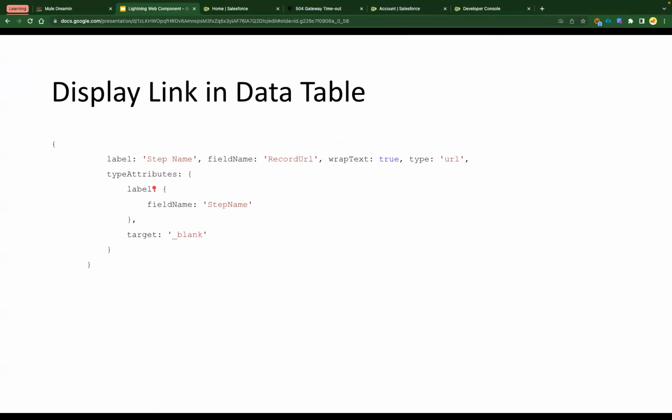For this, you have to use something called type attributes in your labels. To display the URL in the UI, you need two things. One is the value that you wanted to display, and one is the link where you wanted to redirect when the user clicks on it. We already have the account name, but we need the account record URL. Then with the help of type attributes, because now we are talking about the data types, we are going to display it. How you are going to do it is,